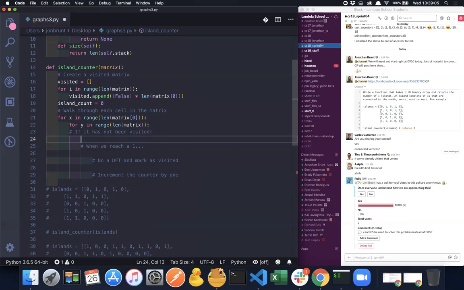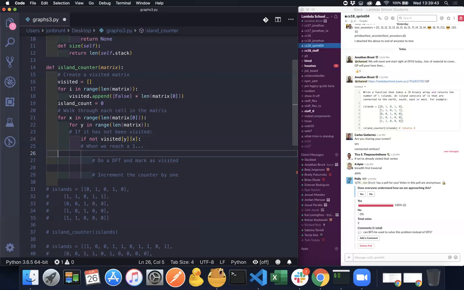So to check if it's been visited, we can just say if not visited array, and we will check points y and x in that array. So we're simply saying if this does not exist, remember this is looking for a Boolean, and this is a false at this point. So it's saying what is visited at x and y, and they're all false. So saying if it's not been visited,